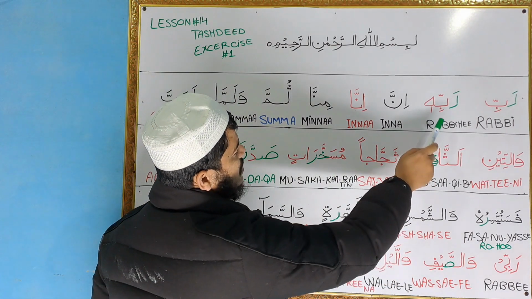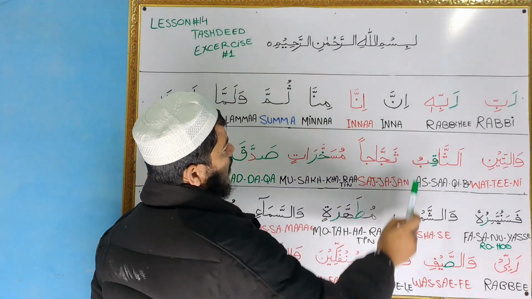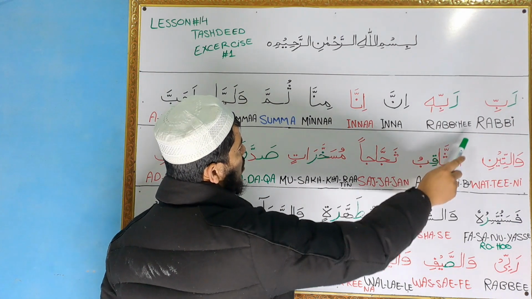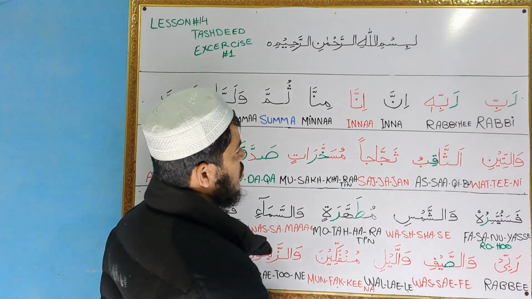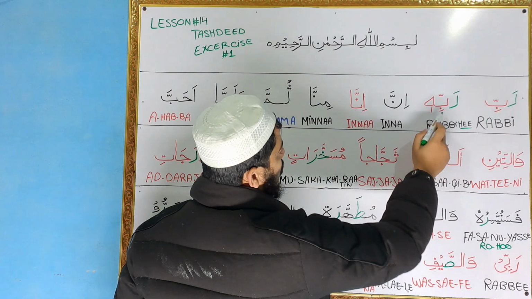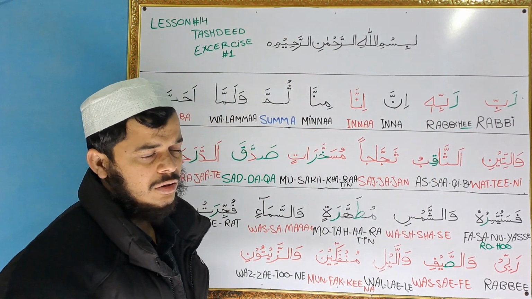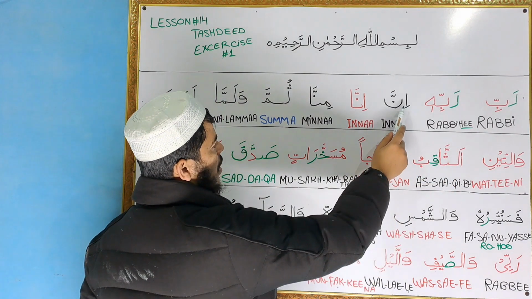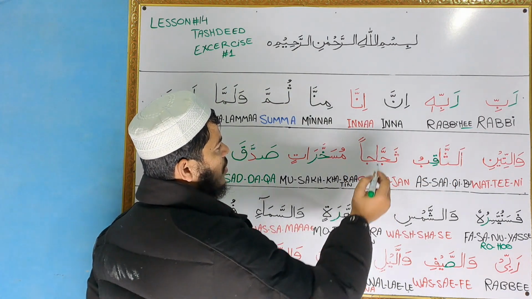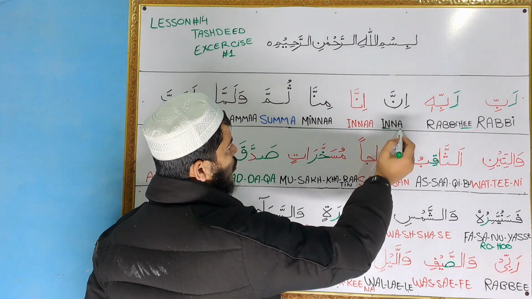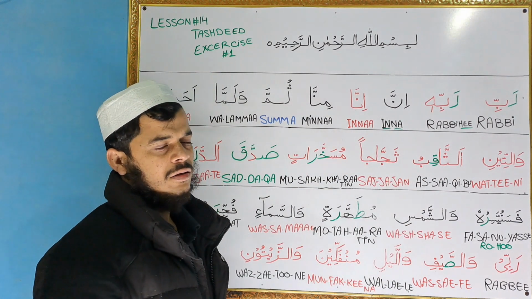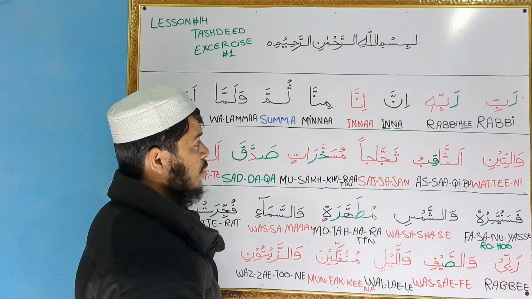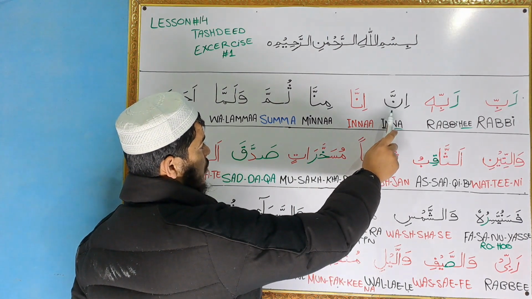Okay. And this letter is the same, just having ha with standing kasra. Ha standing kasra, hi. So this one will be called Rabbihi. Okay, Rabbihi. Next, Hamza noon kasra in, noon fatha na. So you know that whenever noon comes with shadda, we do ghunna there. So we make the noon sound ghunna, nasal sound,